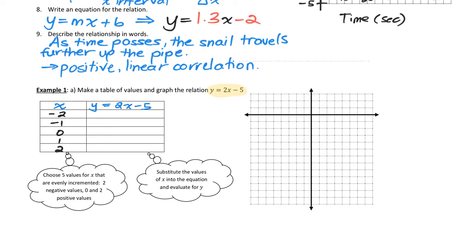And then we're going to sub those in to the y side to figure out what the y value is. It's like an input and an output. So we're going to have 2, and then instead of x, we're going to write -2 in brackets to substitute, minus 5. 2 times -1 minus 5. 2 times 0